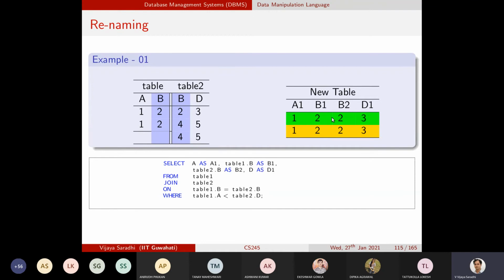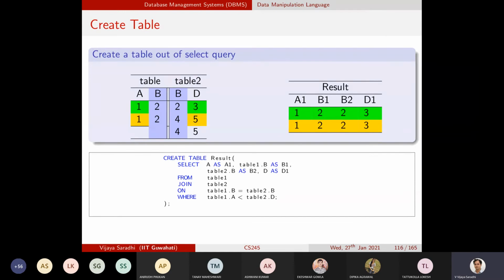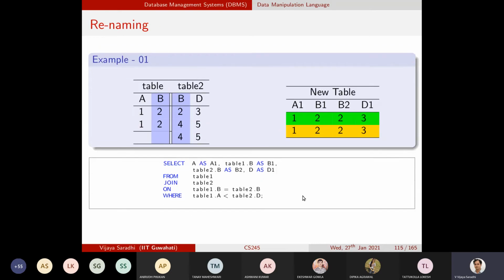Seemingly very simple, but it leads to very interesting scenarios with the as operator, which we can also use for creating tables. We'll look at that too. Give me a minute, I'll go through some examples as well. In this particular case, we can create tables using the select statement. If you look at this select statement, it will just create a table and throw it on your terminal. It will not store it.